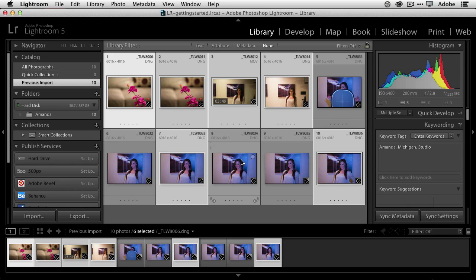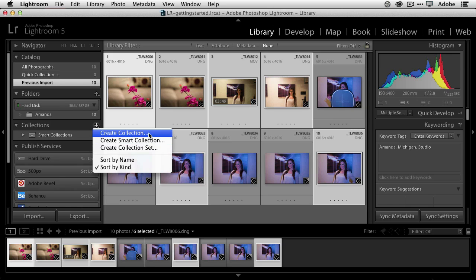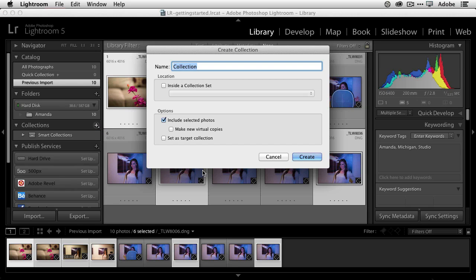And I want to put them in a collection. Remember, iTunes playlist, Lightroom collection for your photos. So we're going to put them in a collection. And we have the collections area here. I'm just going to click the plus sign with those photos selected and create collection. When I say create collection, it will ask me whatever I want to name these. I'm going to say Amanda Favorites,